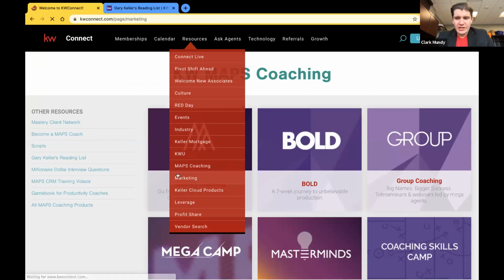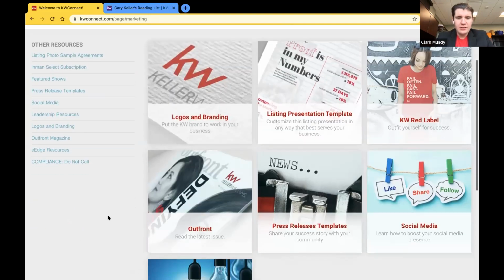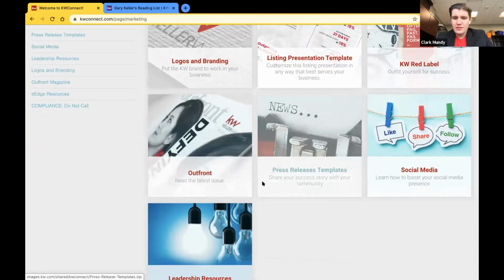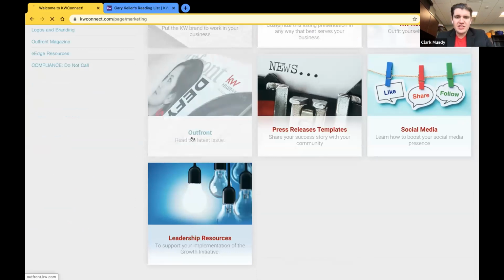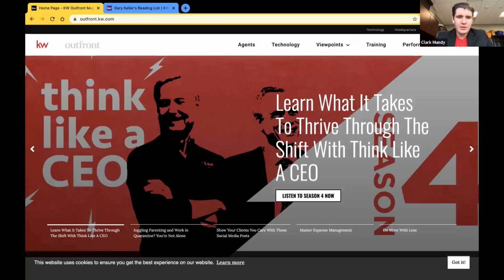And here in the marketing tab, y'all have seen this a few times with me already, but the logos and branding is where we went to get the marketing and style guide. We've also got Outfront magazine. If you wanted to check that out, I just signed up for the emails. I realized I wasn't getting the weekly emails from Outfront, but this is our